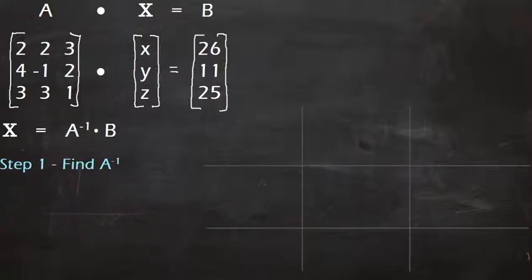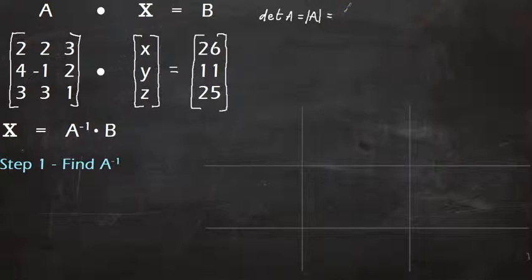So in order to find the inverse of matrix A, if you don't know how to find the inverse of a matrix, you need to watch the other video that I've done on inverting matrices, finding their inverse. I'll assume that you've watched that, and we'll go through the process now. The first thing we need to do is find the determinant of matrix A. So the determinant of matrix A, also known as like the A with these vertical bars,